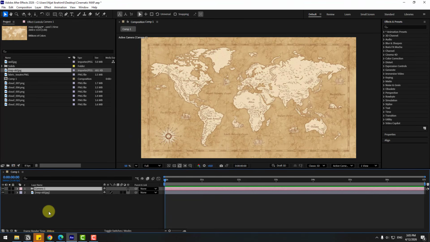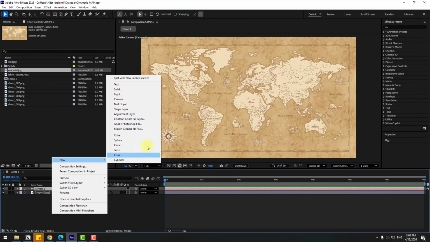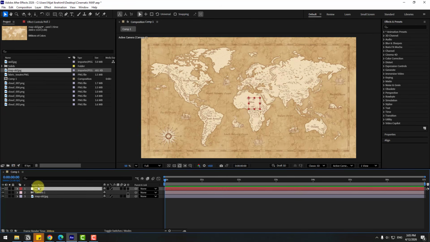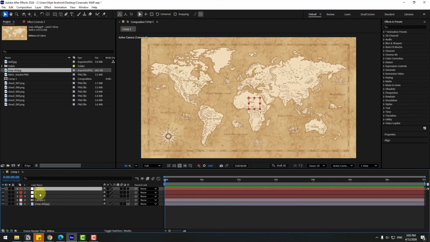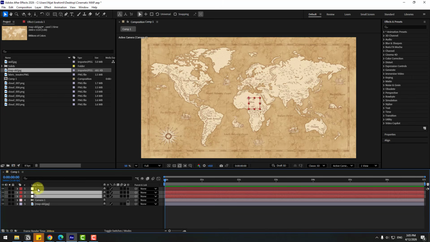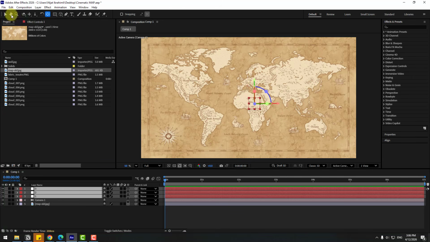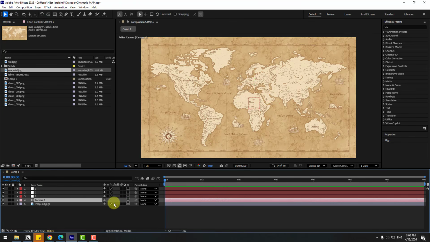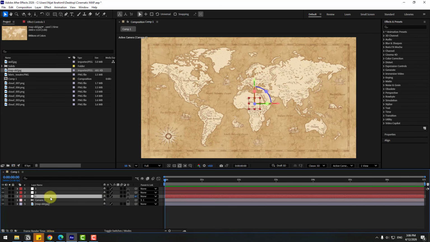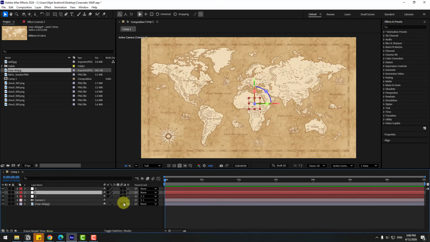Okay, and create 3 null objects for camera movements: right click, New, and Null. Change the name to 1. And let's Ctrl D to duplicate, and duplicate again. Okay, choose these 3 null objects and turn on 3D layers. Also hold Ctrl and double click the Pan Behind icon to move the anchor point to the center. Click the rotation tool and choose the camera. Let's link it to null object 1, select null object 1, link to null object 2, select null object 2, link